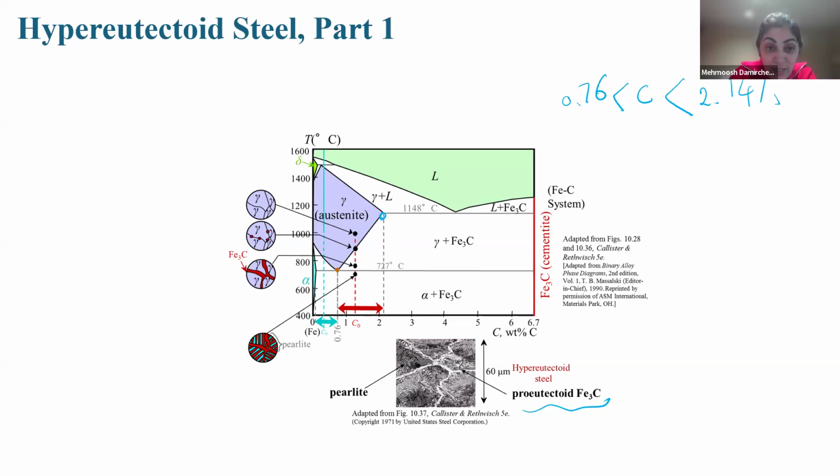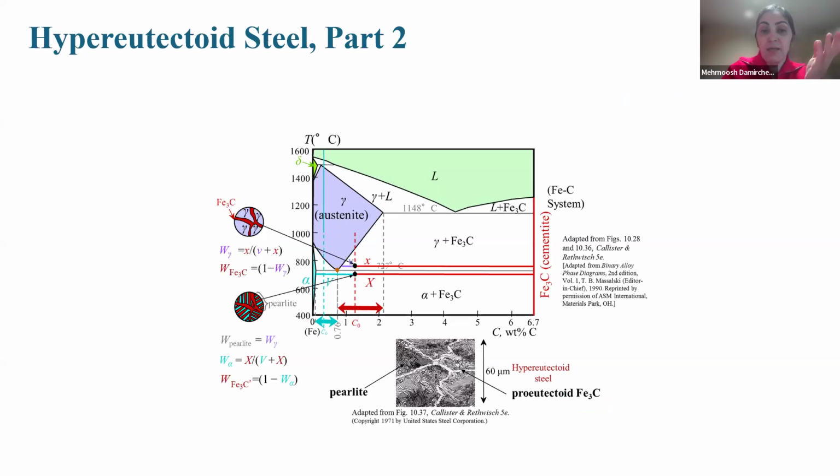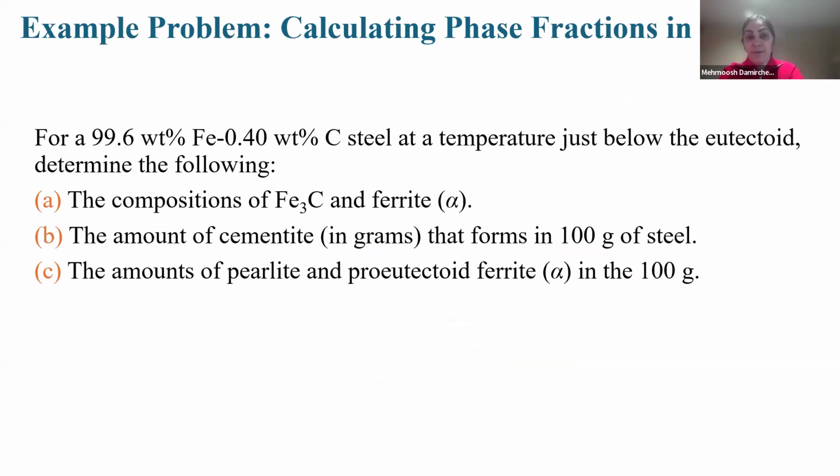But as soon as we reach below the eutectoid temperature, we have one perlite macrostructure. Perlite means one layer blue ferrite, one layer red cementite. But you see other grains of the cementite. This grain that is bigger than here, this red one, is proeutectoid cementite. Again, we can use the lever rule for finding weight fractions if the temperature is above the eutectoid temperature or below it.